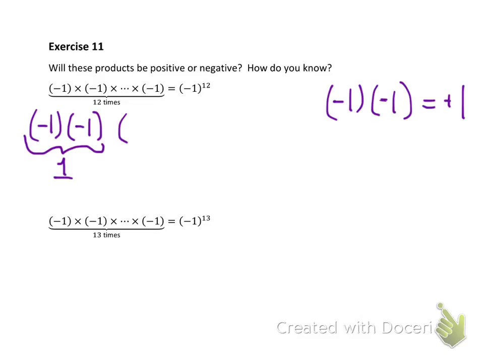So when we multiply negative 1 12 times, we can always put together pairs of negative 1s, and those will always be positive 1s. So this product here, this first one, is positive,